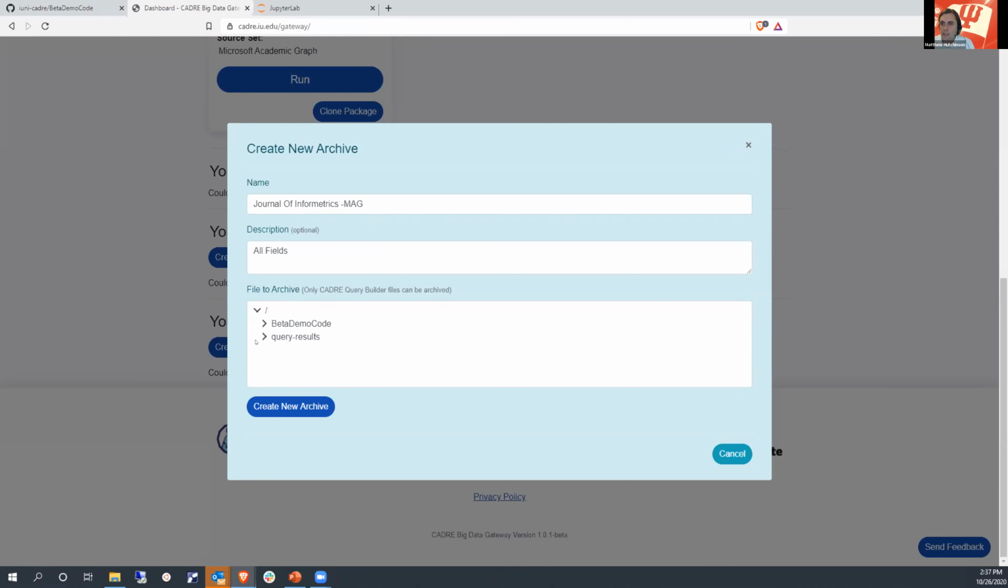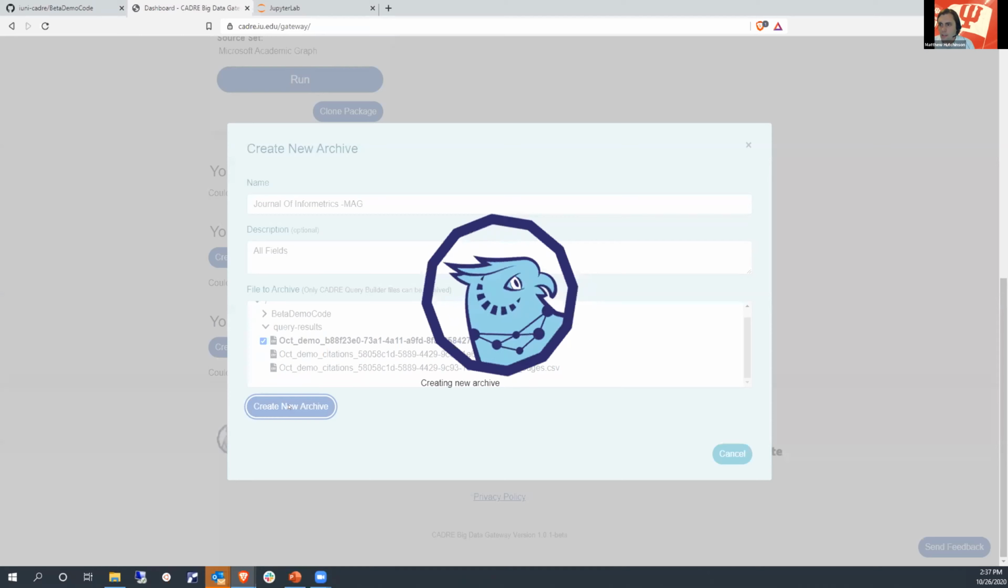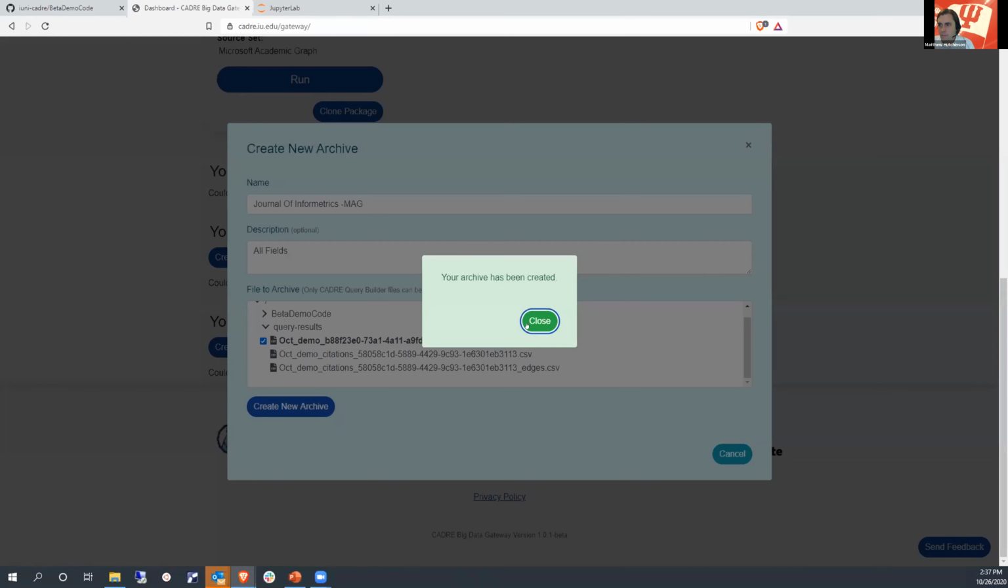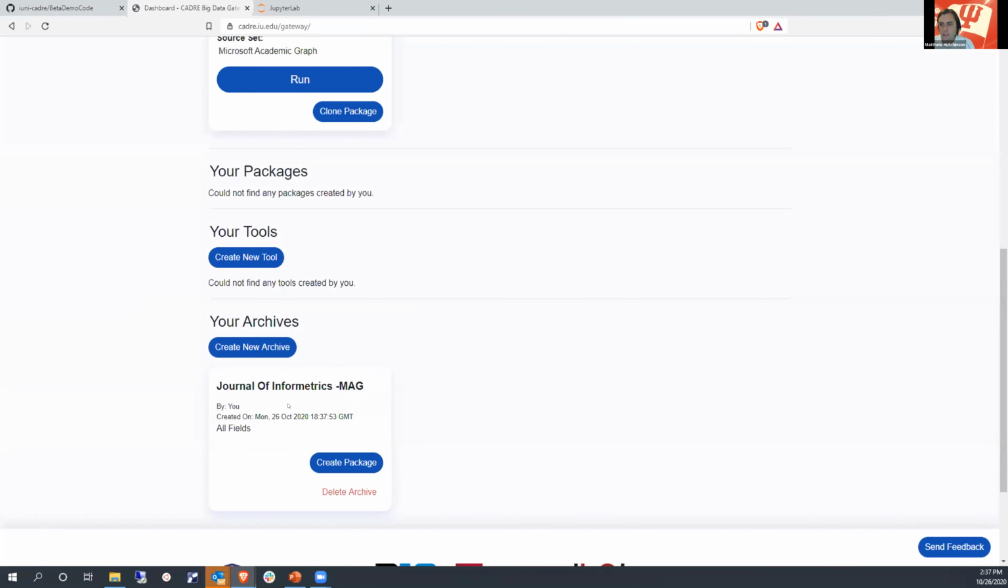Oh, sorry. I need to go to my query results and find the CSV file. So you see I have in mind those three CSVs, the two from the citation query I was talking about, and then this one, which I want to share, which is my all papers from Journal of Informatics. So I can create that archive. And now my data has been archived, and so it's ready to be used in other tools,